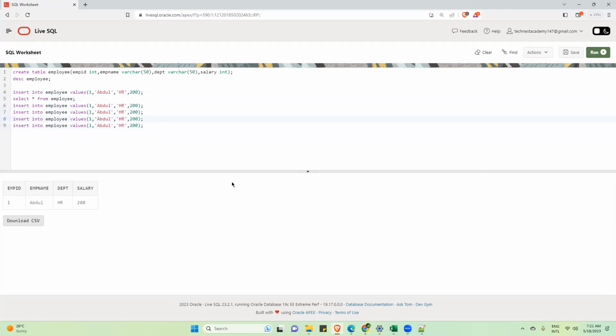Now, similarly, I want to insert data for other records as well. 2, 3, 4, 5. The second name was Lucy. This is from Sales. This is 900. I'm taking some dummy data here, okay?